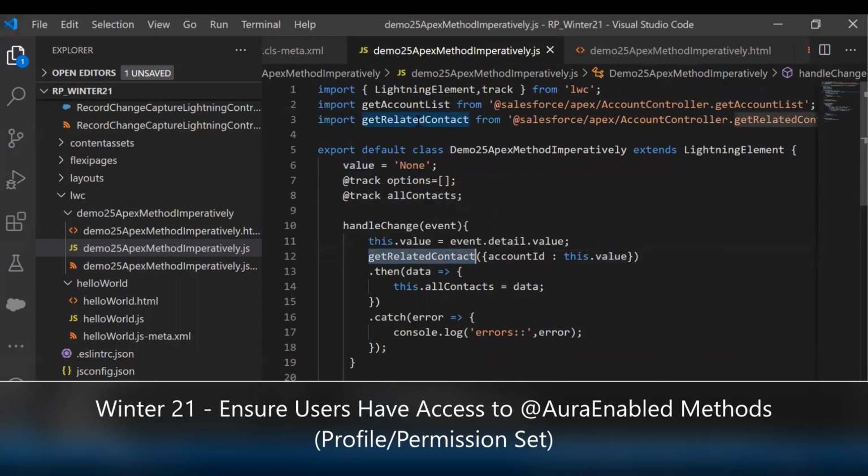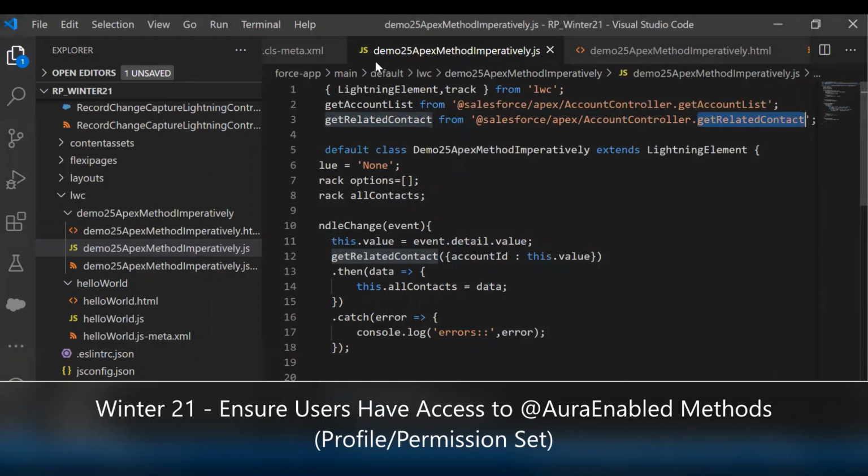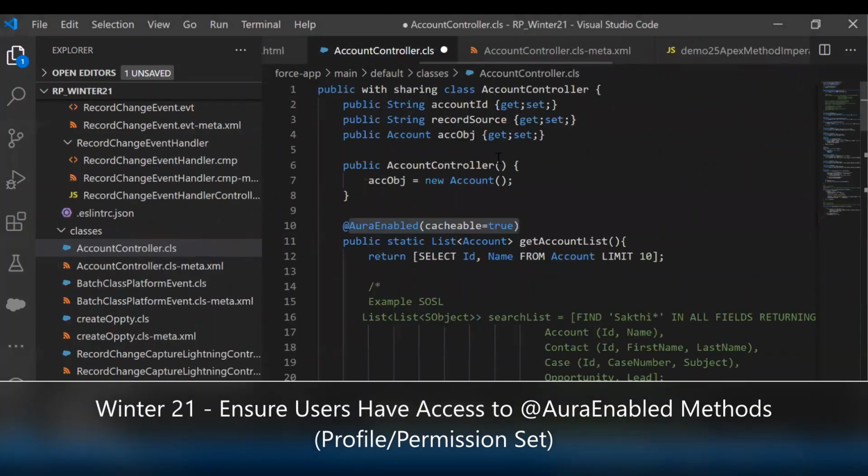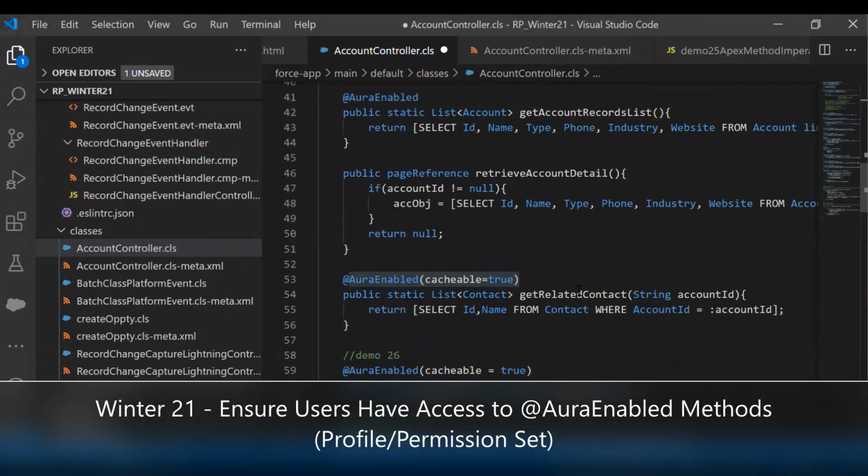So I imported from the Salesforce Apex scoped module, from the AccountController, the getRelatedContacts. This is another method from the same Apex class, AccountController, getRelatedContacts. Here I'm passing the parameter as the account ID. Then here I'm retrieving all the contacts related to the account.